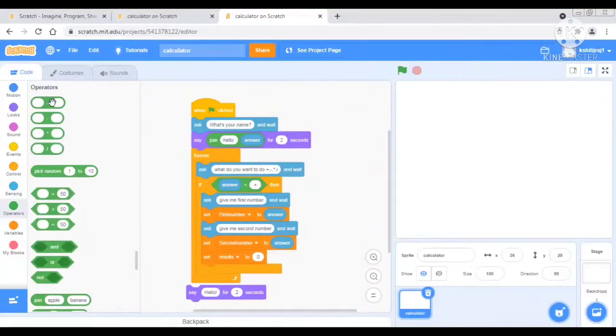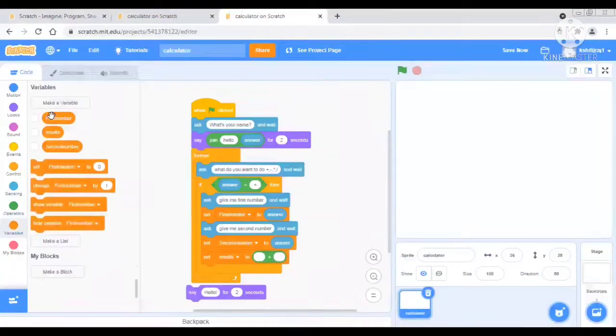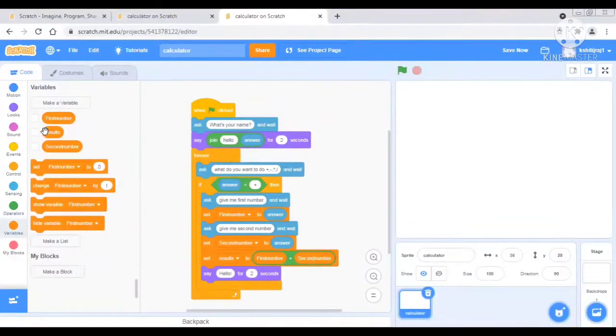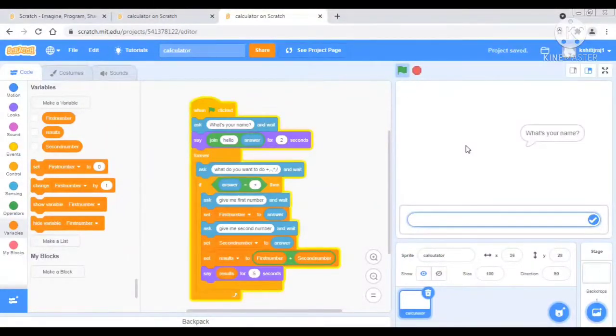So we will take addition first, since we are doing addition, and put it in. Then we will say set result to first number plus second number. And then we will say result for 5 seconds.